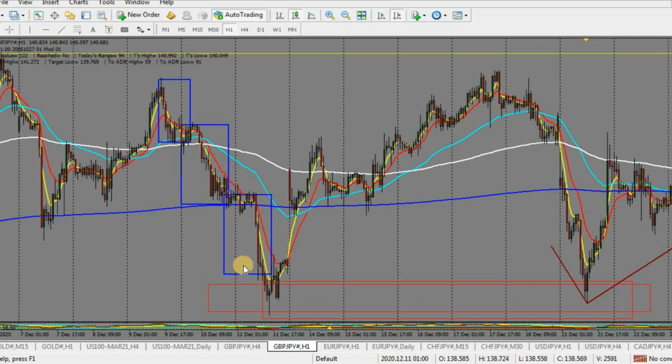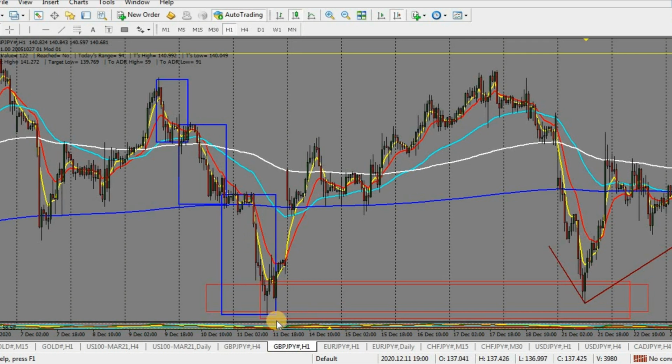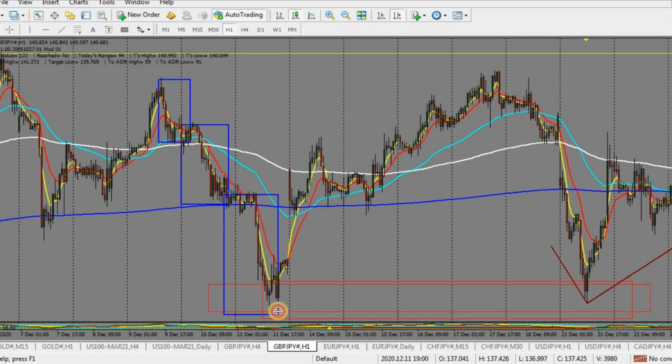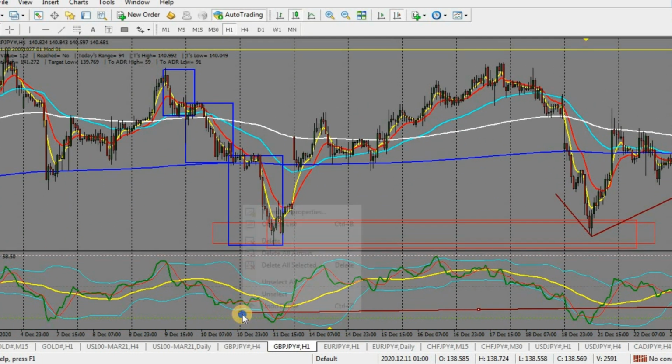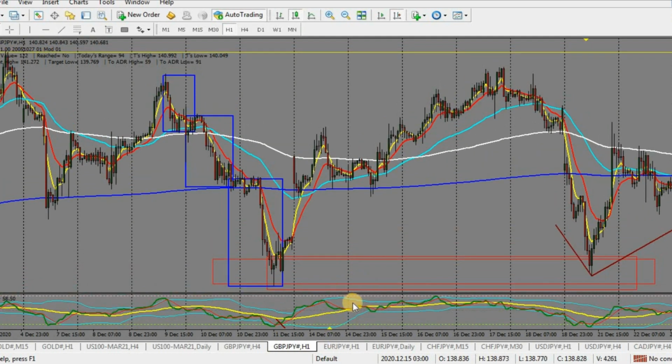But what's interesting here is the last hit also had 1, 2, 3 hits. Right, and then we had a peak formation after 3 levels of drop. All right, now remember, this was the 3 levels of drop which led to our first leg, which we see in the H4 time frame. If you look at your TDI, you can clearly see that we are at those extremes. All right, so by understanding this,